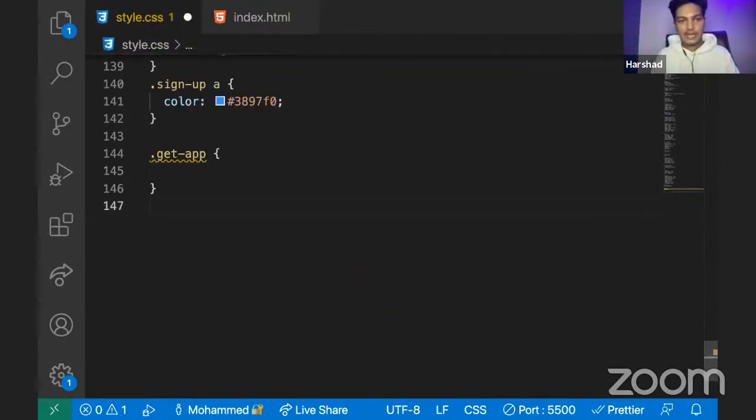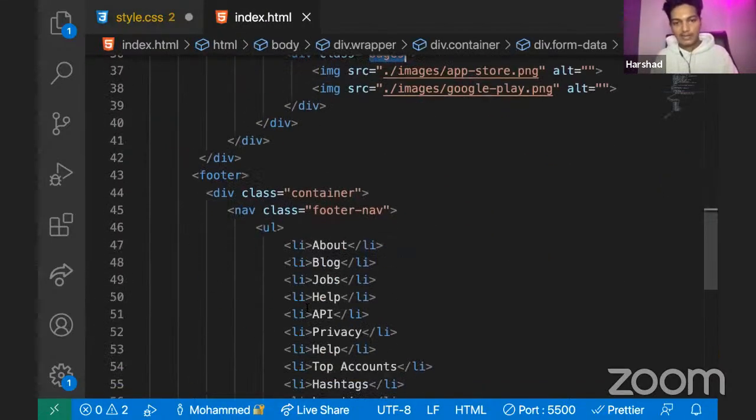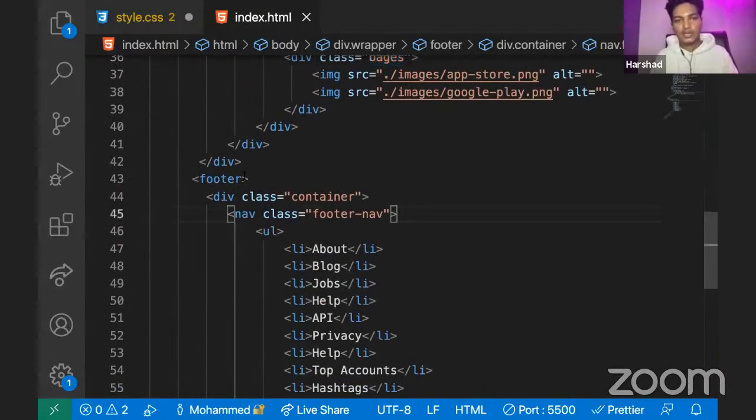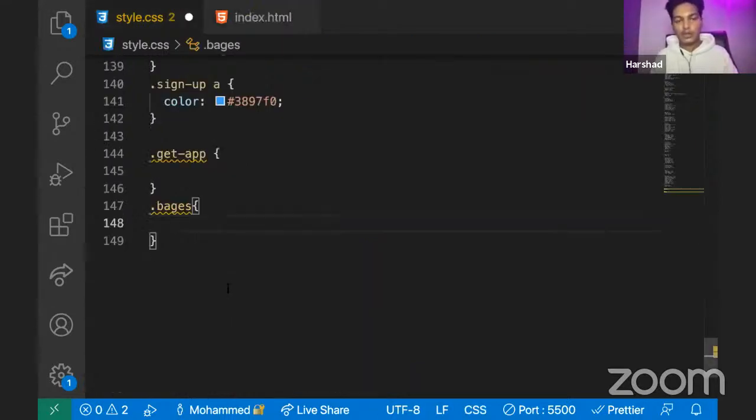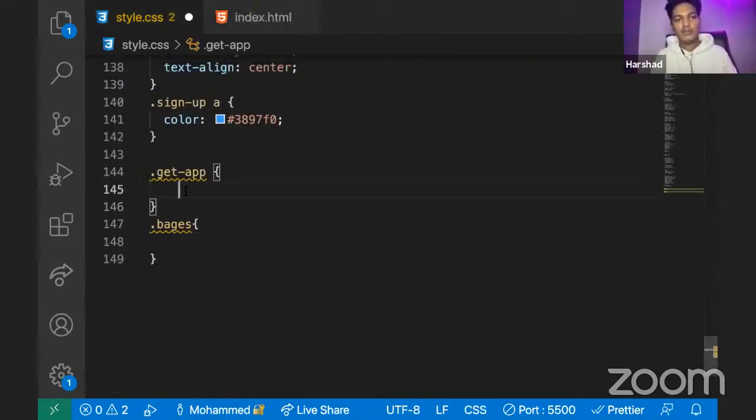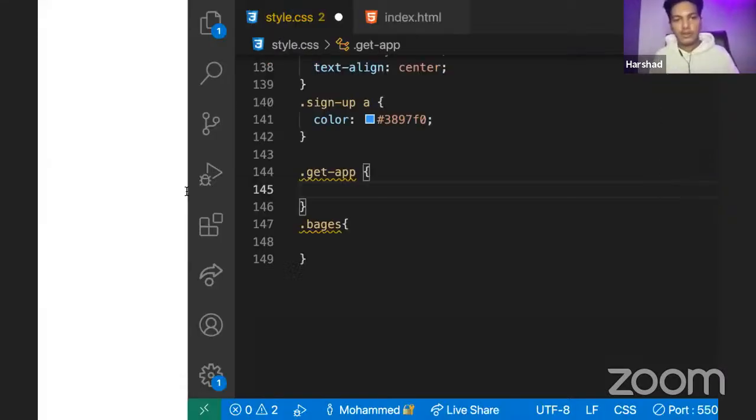So we'll keep the badge class as it is, and that is for images. And do we have any other class? Okay, no other class. Only footer, which we'll talk about later. So for now, only so much is enough. For the get the app container, we don't want any border or anything. It is actually transparent, right? So for the get the app span, we can have it as